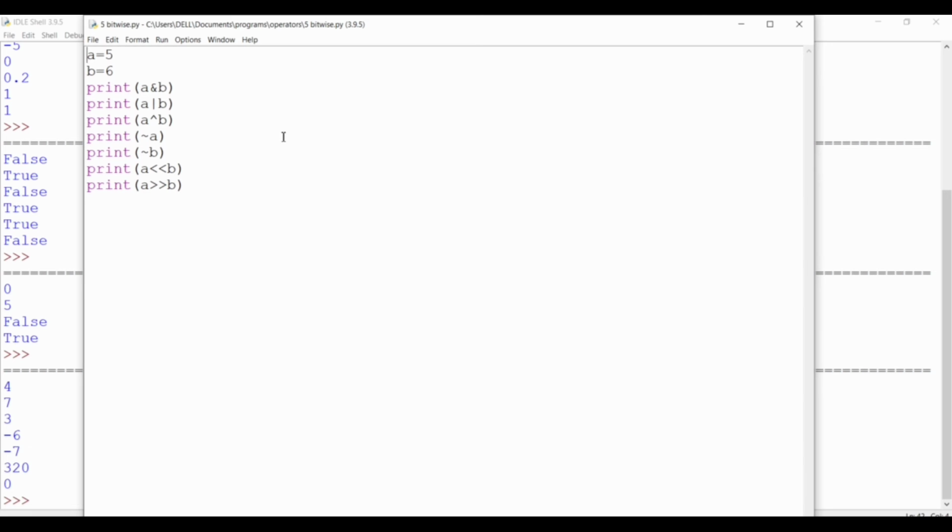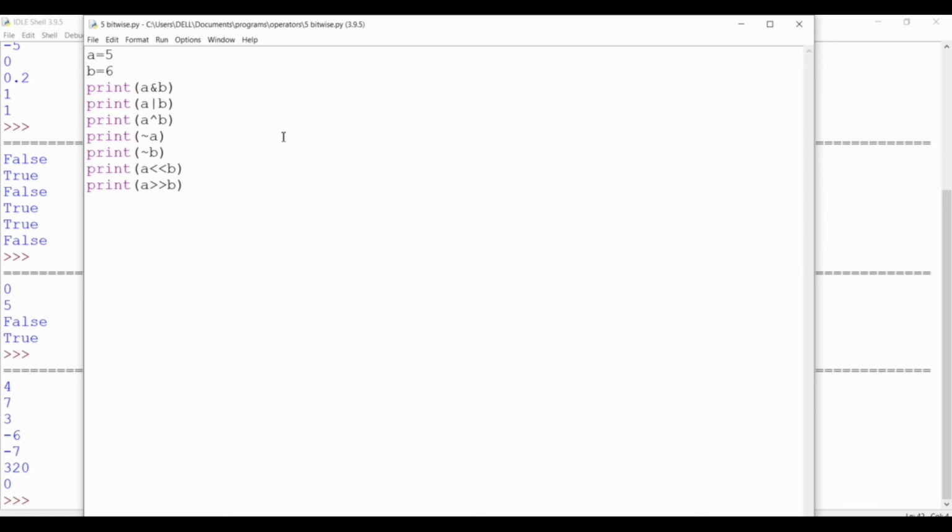The bitwise AND of 5 and 6 is 4, and bitwise OR of A and B, meaning 5 and 6, is 7, and A caret B (XOR) is 3. Not A means one's complement, it is -6, and -7.